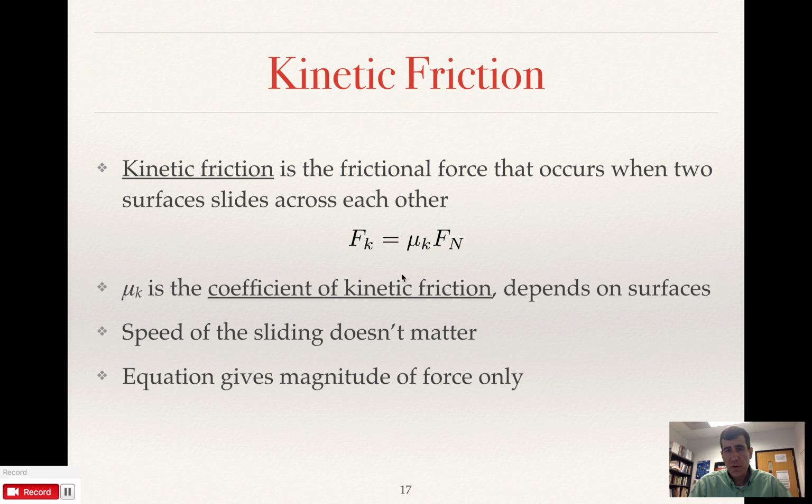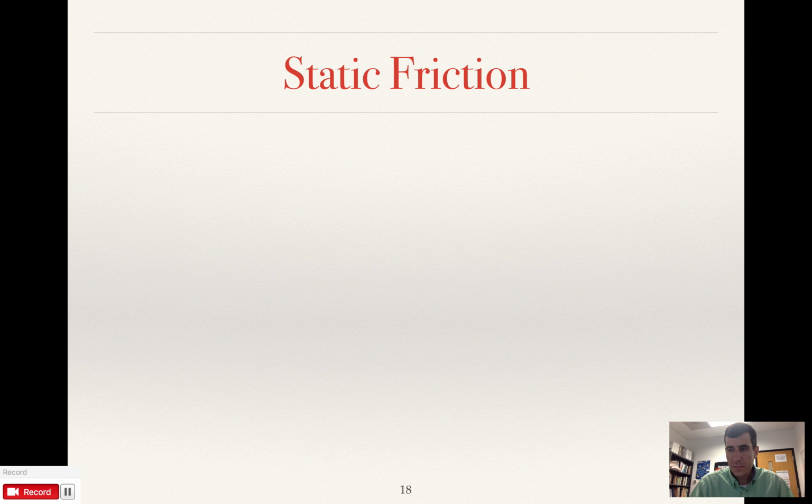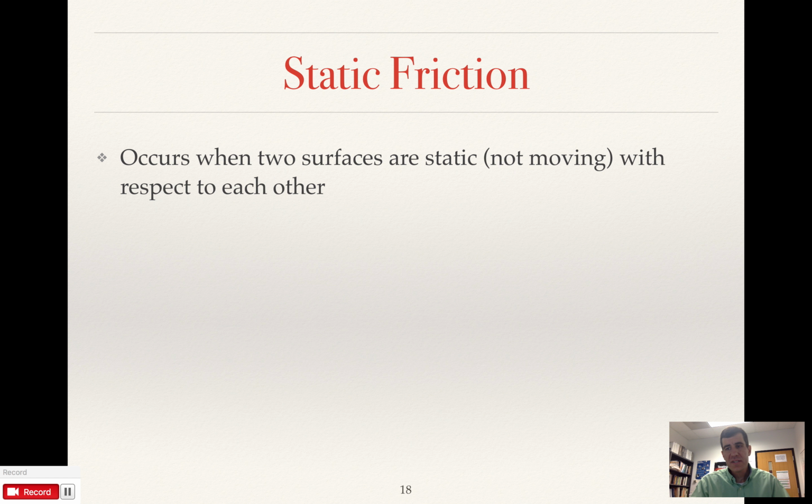The other thing: remember this equation only tells you the magnitude. And it kind of has to be that way, since if you're on a flat surface, the normal force is going to be straight up, perpendicular to the surface, and kinetic friction is going to be opposite. So they're not even in the same direction: one's horizontal and one's vertical. But remember, the fact that these are resistive forces tells us what the direction has to be. So if you're sliding to the right, friction's to the left, and if you're sliding to the left, friction's to the right, and so on. Okay, so now static friction,